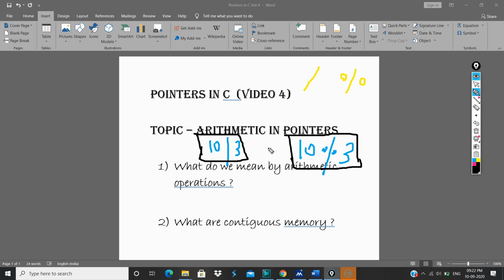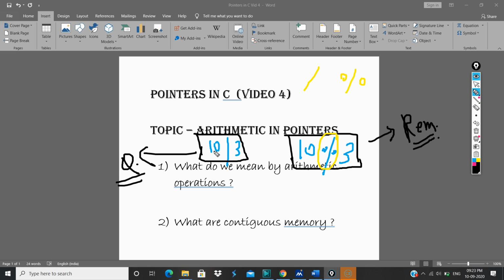Whenever we divide something, the result we get is the quotient, and whenever we use this modulo operator, the result we get is the remainder. So these are the two differences between these two.